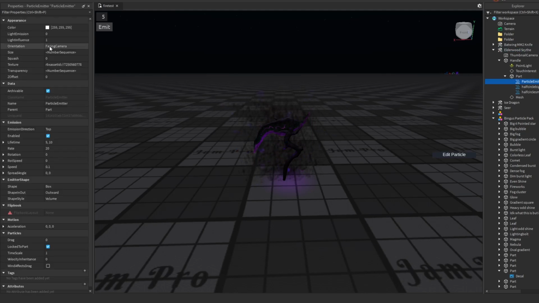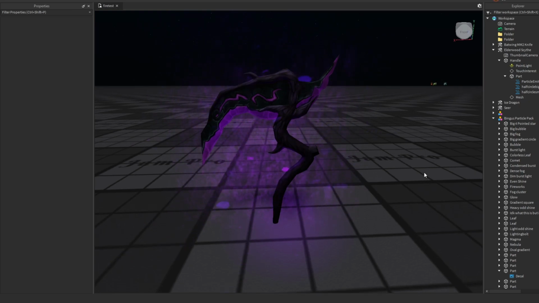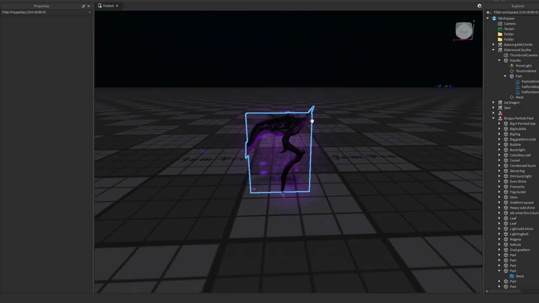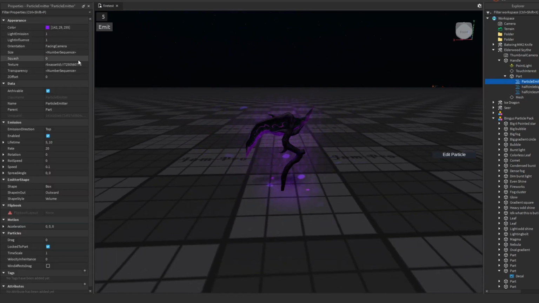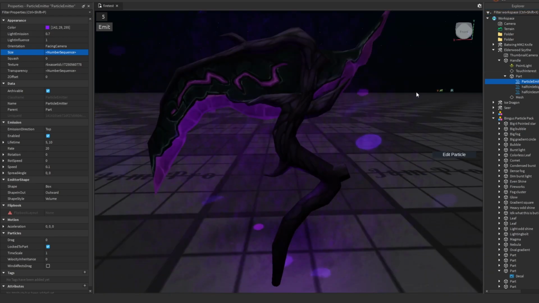Okay, back to the dirt. I'm gonna change the color definitely to be more dark, like that, and match. And turn up light emission. Yeah, that looks really nice. Yeah, so that's something else you can do. Definitely play with these settings and see what works best for yours. And something else I'm gonna do is probably make it, yeah, definitely get smaller towards the top. Definitely want that to show up, and I'm gonna want this